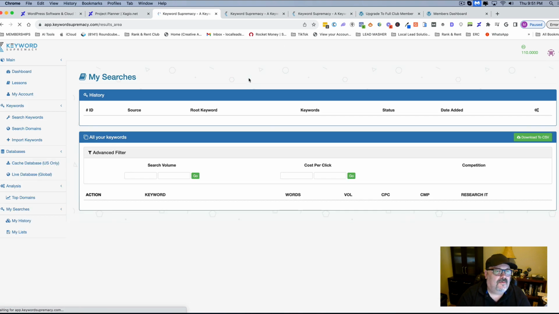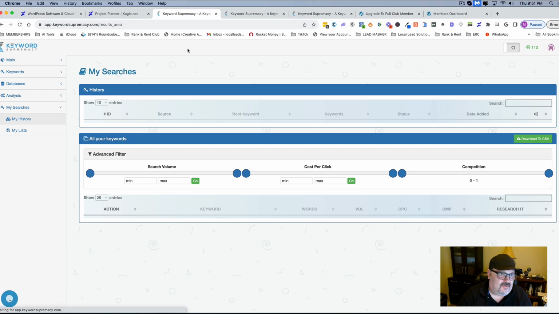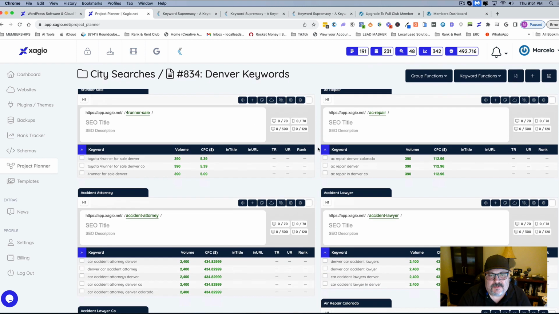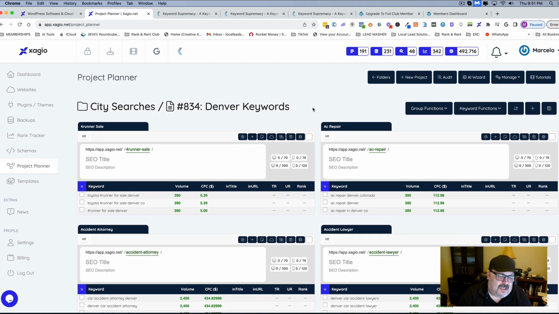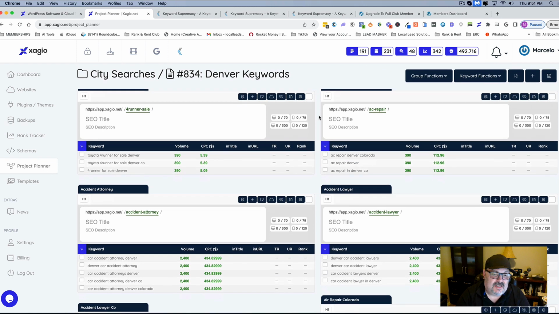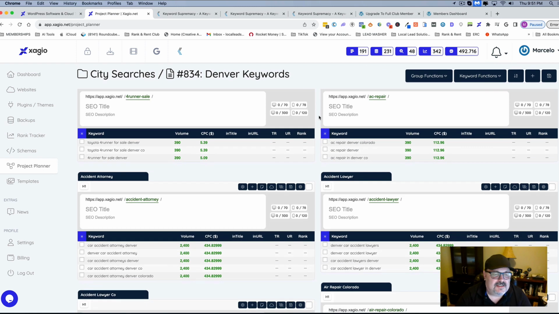So what we're going to do is go to the second part of this, which is called connected. This is called Xagio, which is basically the grouping WordPress keyword optimizer thing. So basically, you put this in your WordPress site, and this is where your SEO is done. So instead of having Yoast or Rank Math or something like that, you put this in here, and I find it super helpful because it's visually telling me what things I can rank for, and it really helps me because I'm much more of a visual person.